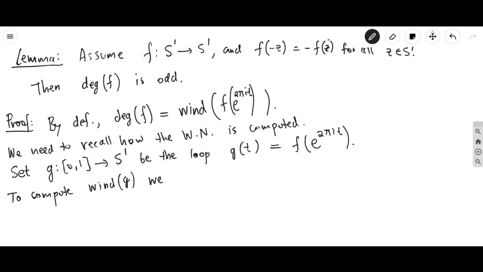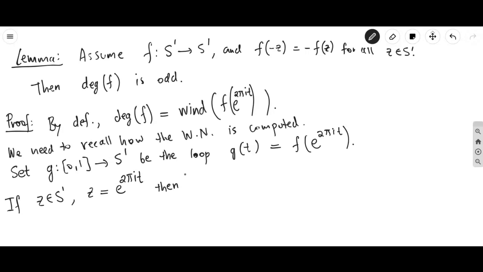So actually, we're going to take advantage of this symmetry. Maybe before we compute the winding number, let's reformulate this symmetry, or maybe I should say anti-symmetry. It's not exactly symmetry, it's anti-symmetry. Let's reformulate this anti-symmetry using g. So let's say z is a point on the circle, and z is written in the form e to the 2 pi it